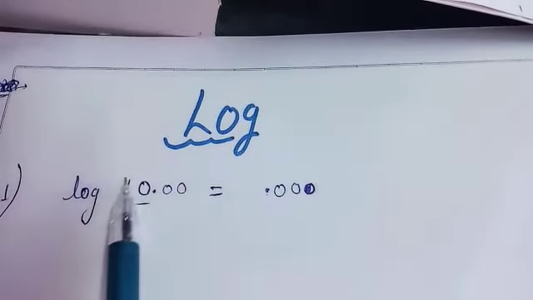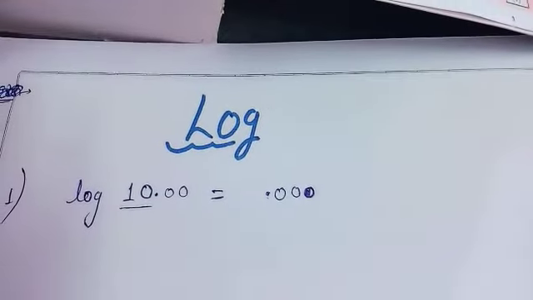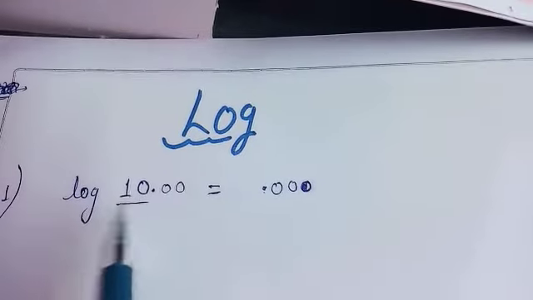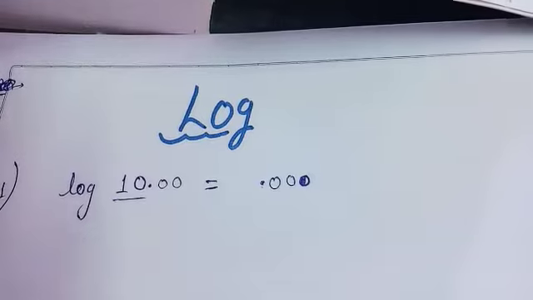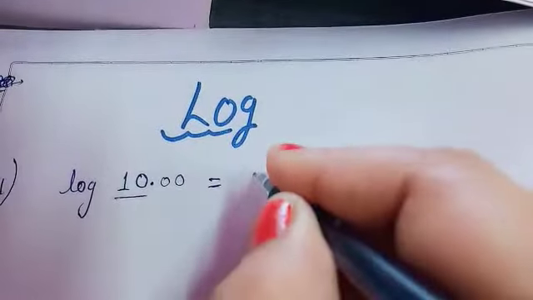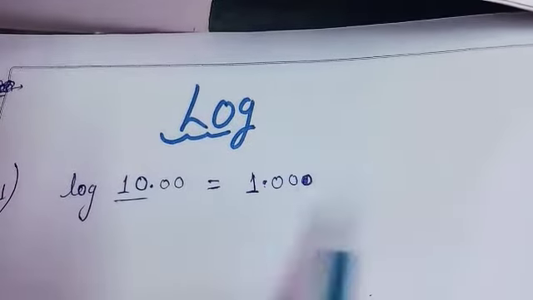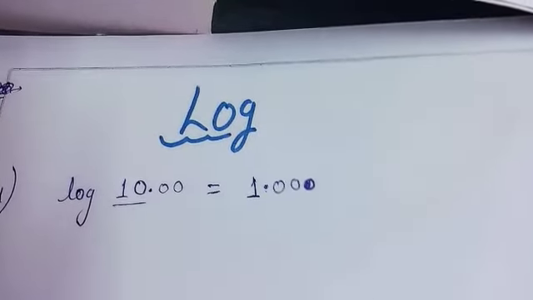before decimal how many digits are given. I'm not talking about number, I'm talking about digit. So just see how many digit, 1 and 2. Okay, whatever number of digit is given to you, minus 1. If 2 digits are given, then we will subtract one. So 2 minus 1, that is equal to 1. So you have to write like this. Okay, 1.00 like this. That's why the value of log 10 is equal to 1.